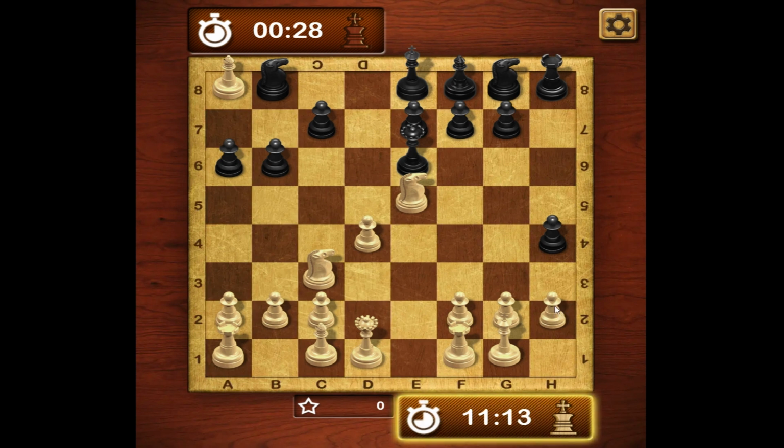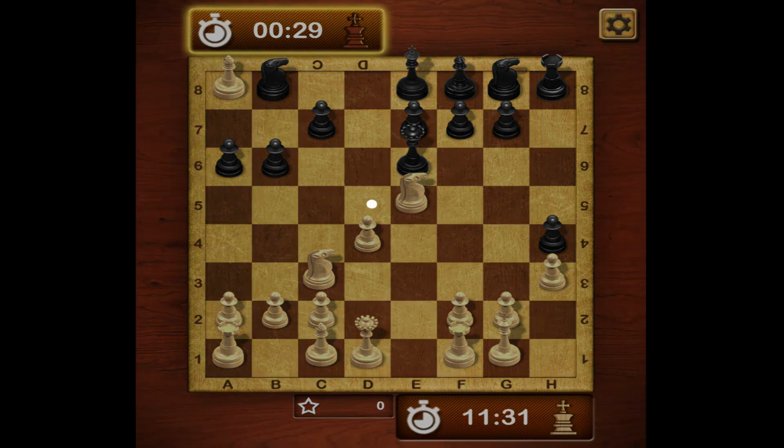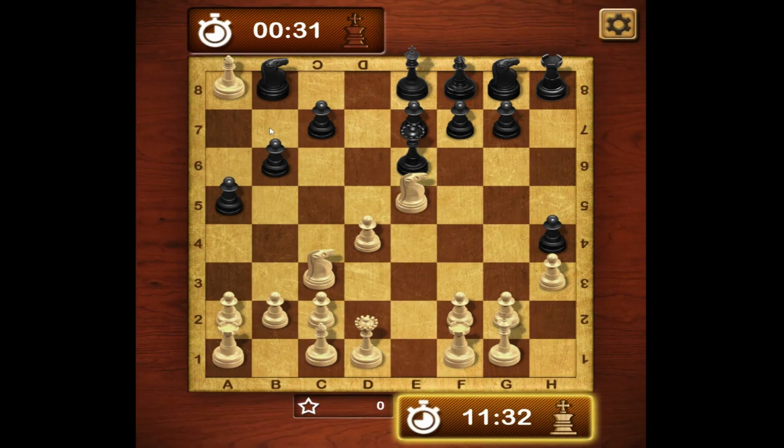Okay. So what I'll do now, because this pawn is becoming a bit irritating, I'll just stop it in its tracks by just moving this pawn up one. Okay, and he's not being very adventurous here, so just moving this pawn up isn't really anything to be too concerned about, I don't think. So what I'll do now is well,